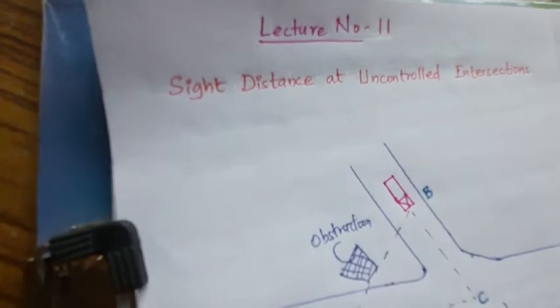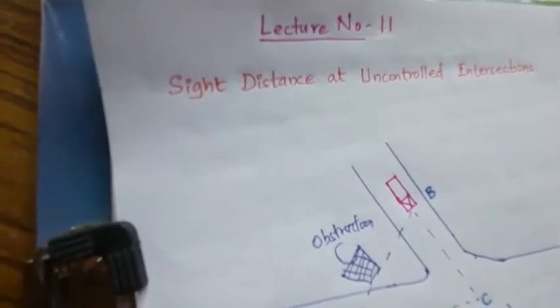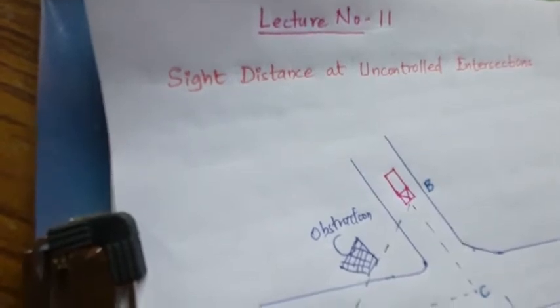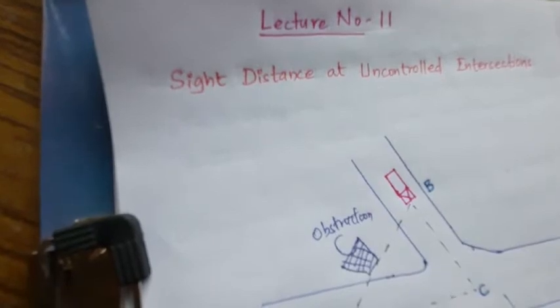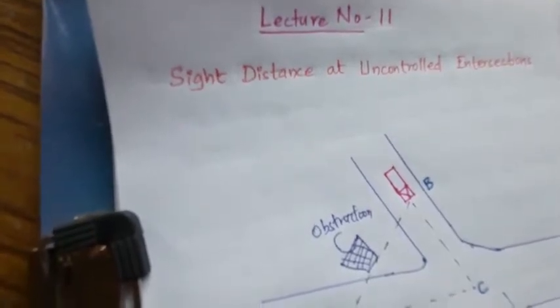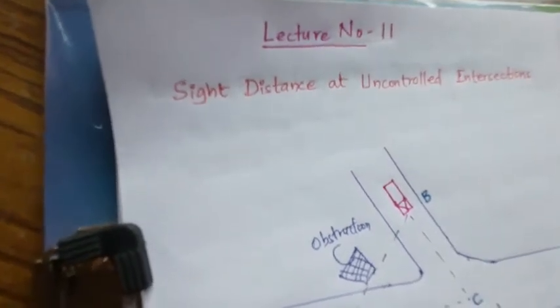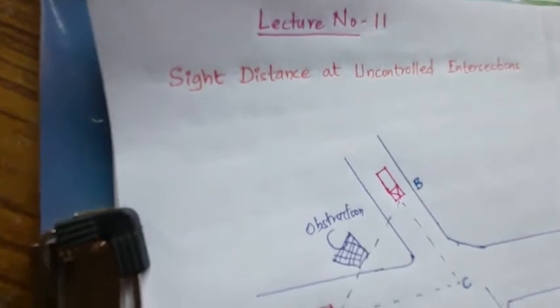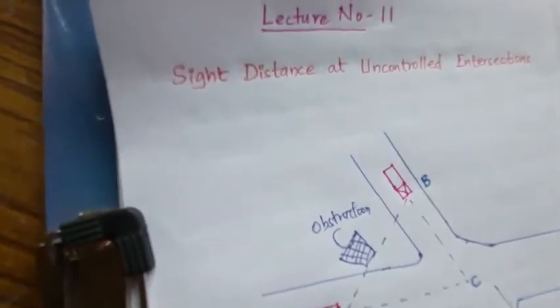It is important that on all approaches of the intersecting roads, there is a clear way across the corners from a sufficient distance so as to avoid collision of the vehicles. This is all the more important at uncontrolled intersections. In controlled intersections, you have signals, rotaries, or even grade separators. In those conditions, that does not matter.